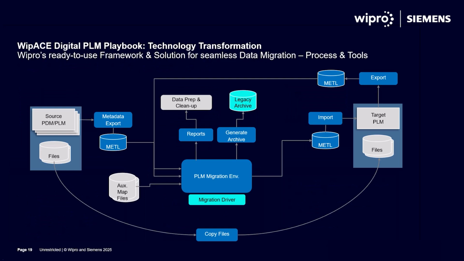Moving to the next key element of success, which is data migration. Having the right data migration strategy has a huge impact on a successful end-of-life PLM transition. A transition from end-of-life PLM often comes with huge legacy data, often spread across disparate systems and with its own data quality and redundancy issues.